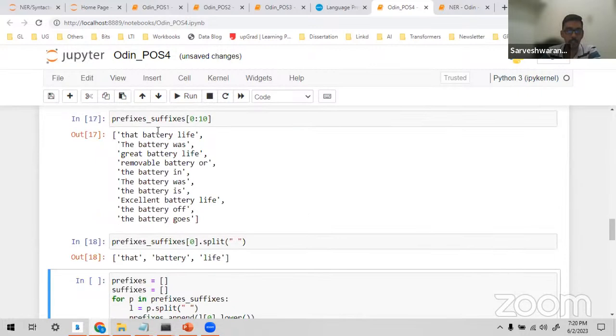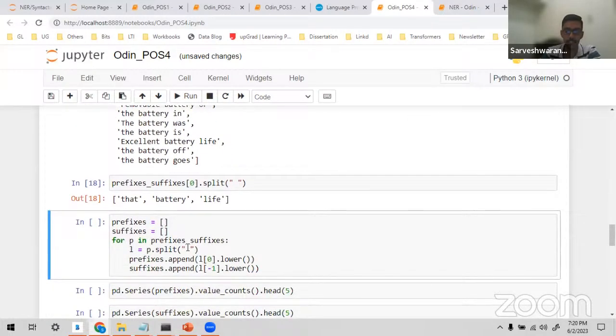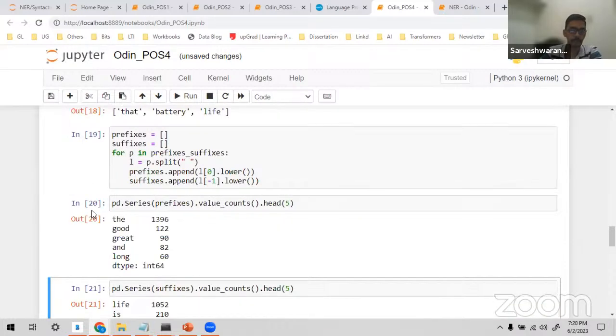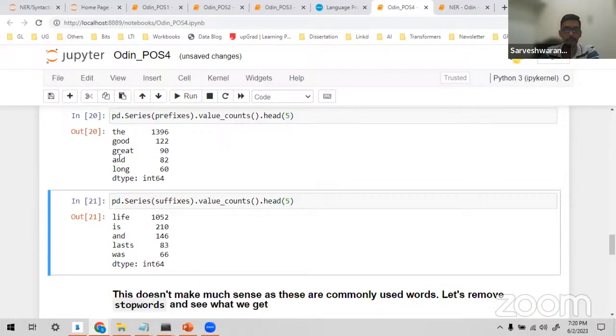Right, so these are the different places where battery is used: that battery life, the battery was, great battery life, removable battery for. So I extract the prefix and suffix. For every word where battery is used, I extract the prefixes: the, good, great, long.